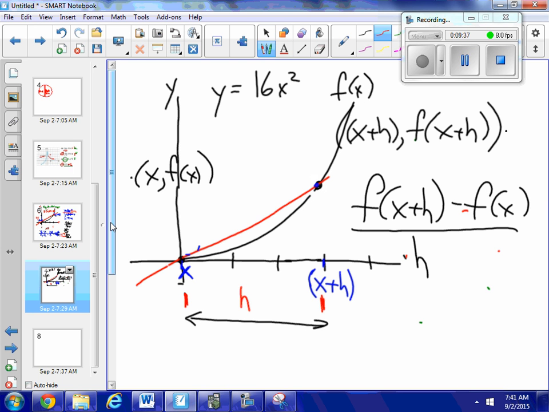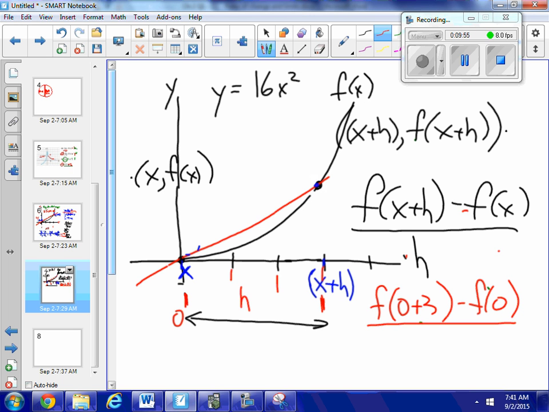Well, my x was 0, right? So my f of 0 plus 3, because 3 was my h, 1, 2, 3, plus 3, minus f of 0 divided by h,